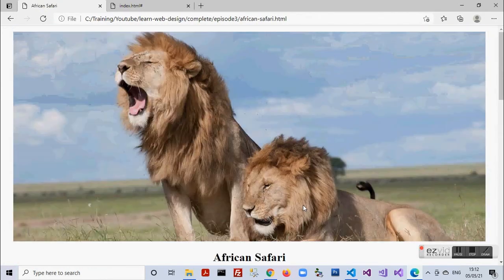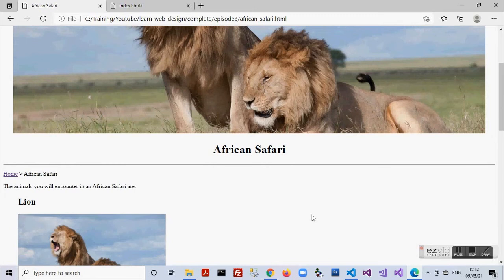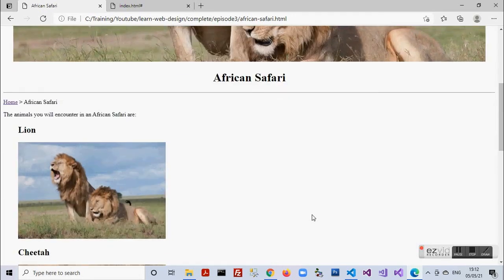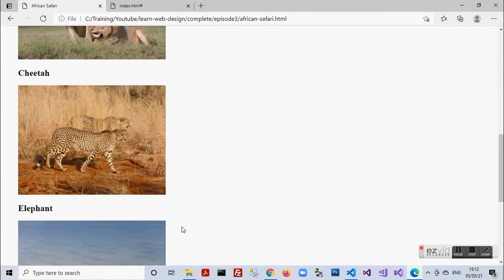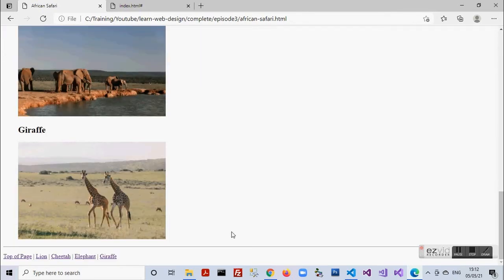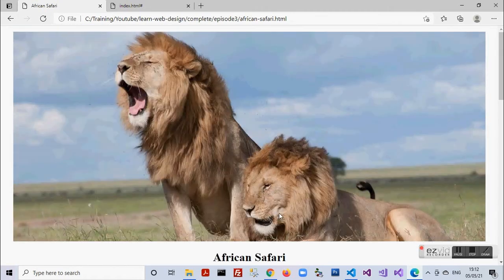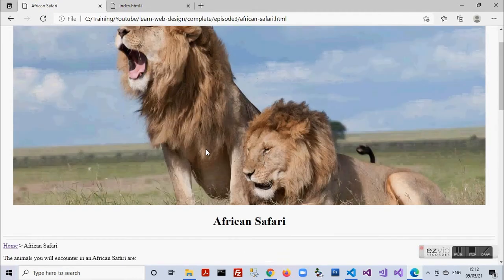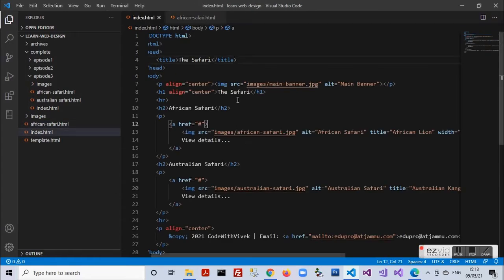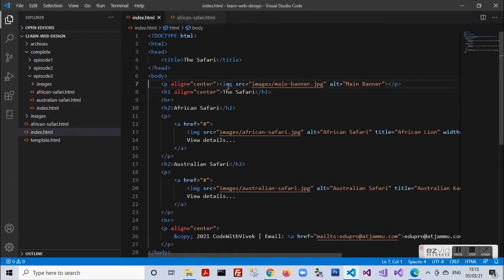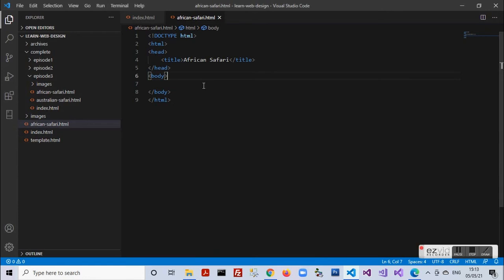On the top end, I again have a banner, again a heading and an underline, right? And below also there are images, right? So let us just pick up the top section of the page, the banner and the heading and the underline from the earlier index page. Let's copy paste it to save our time. So from the index page, I take the banner, the heading and the horizontal line. I copy it, paste it to my new page,